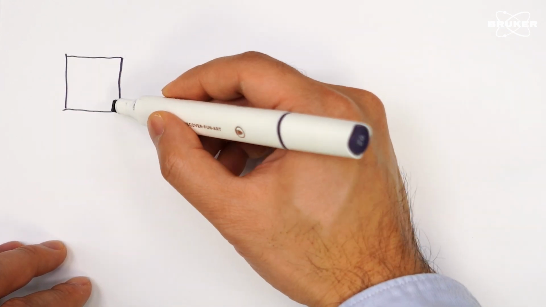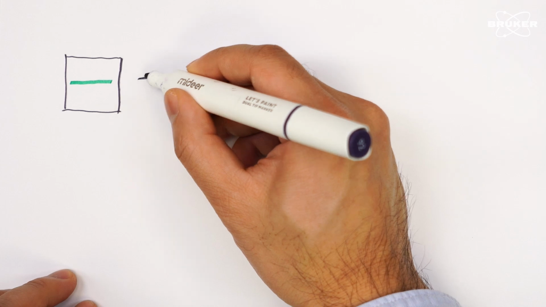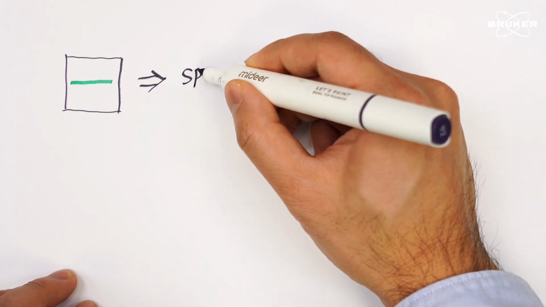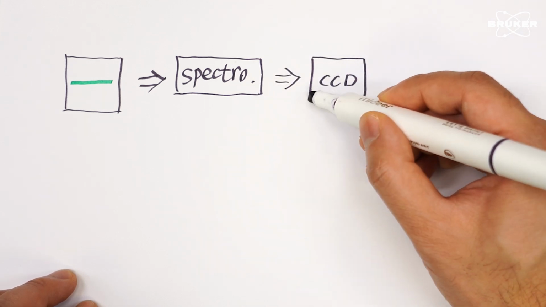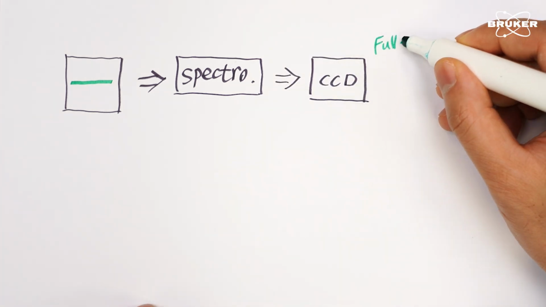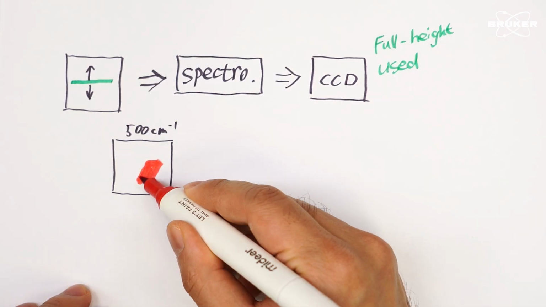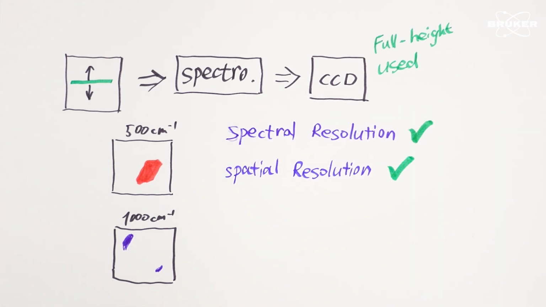Since collecting Raman spectra from a 2D array simultaneously is challenging, let's compromise by reducing the laser from an area to a line. The scattered Raman signal is then projected onto the entrance slit of the spectrometer and collected along the entire height of the CCD. Each row of CCD pixels collects a spectrum for a point on the laser line, maintaining the nature of confocal Raman microscopy.